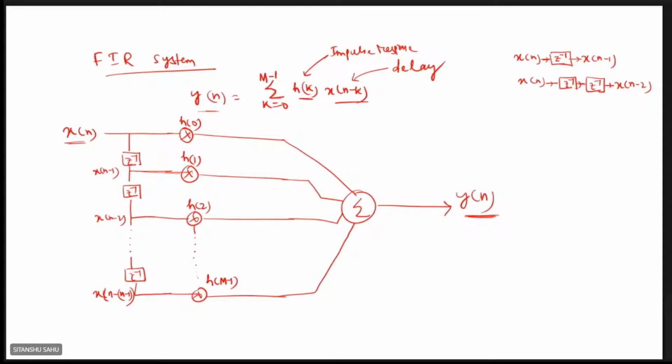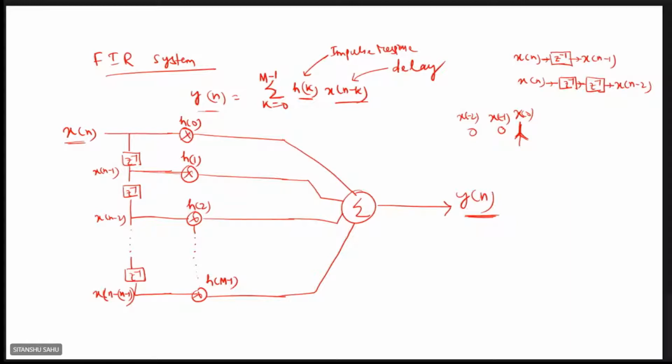What will x of minus 1 be? There it will be 0, because our signal is starting from here, from x of n. So if I find out x of minus 1, what is it? It is 0, because I am starting from here, isn't it? If I look at x of minus 2, then it will be 0, because I don't have any value before this. So I have values only starting from the present instant, right? Are you getting the idea? Yes, sir.